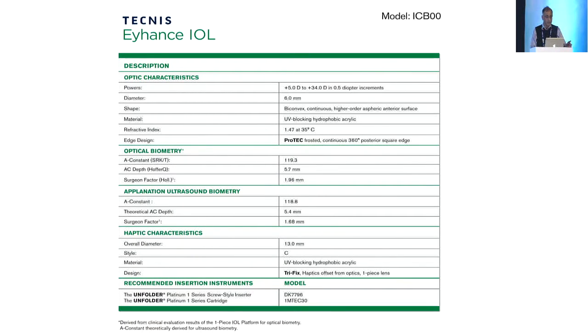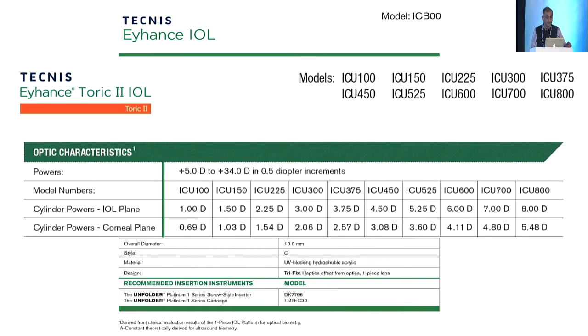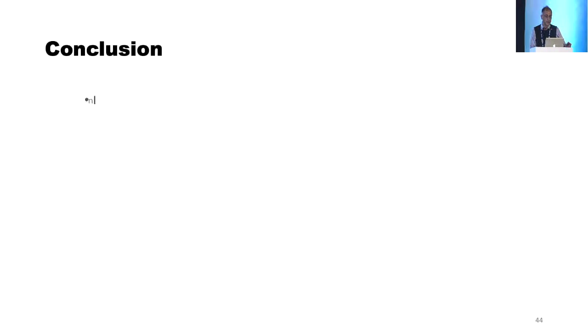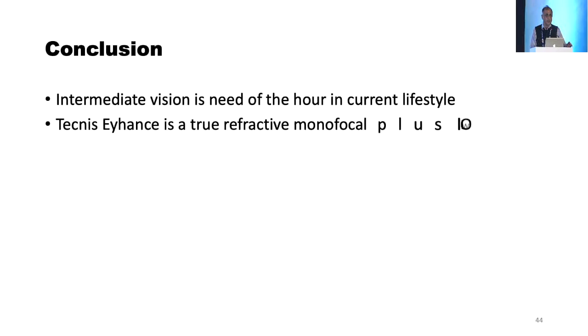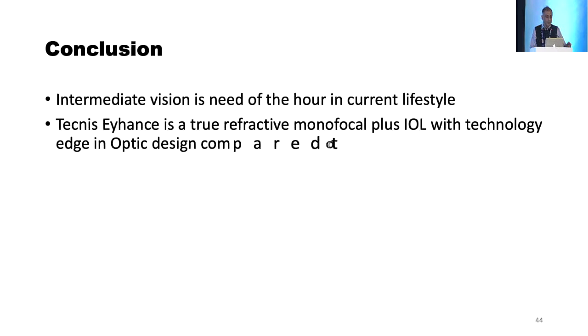It's available from plus 5 to plus 34 diopters. You also have the Eyehance toric, in the same powers, from the ICU1 to the ICU800, which corrects around 5.5 diopters. Well, to conclude, intermediate vision is the need of the hour in the current lifestyle, and Tecnis